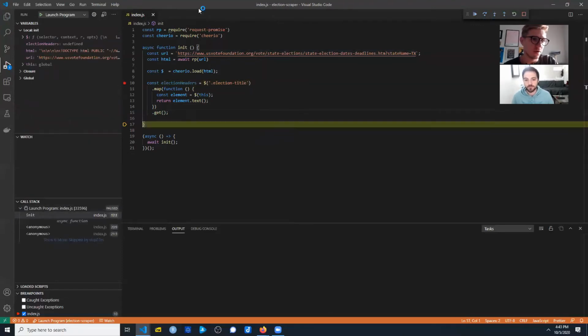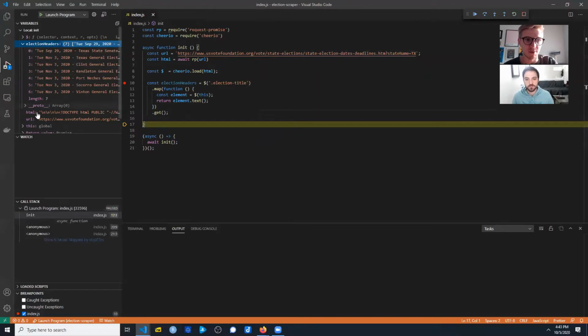All right, so I'm going to step over it. And now we just have a plain array. See, just an array, a length, and the normal prototype of an array. Cool. Yeah, all right, so